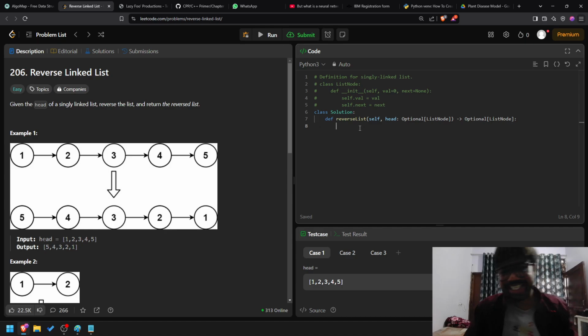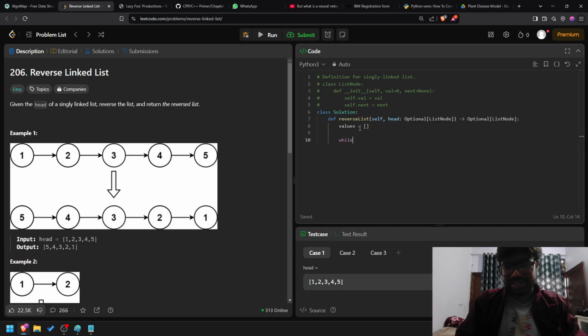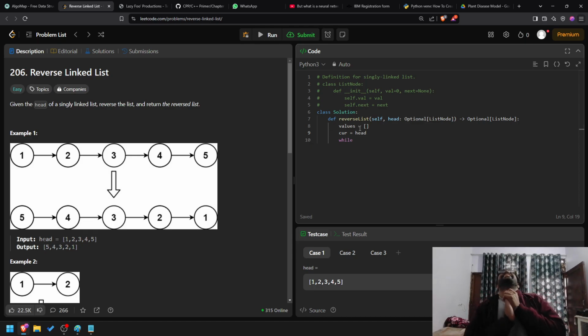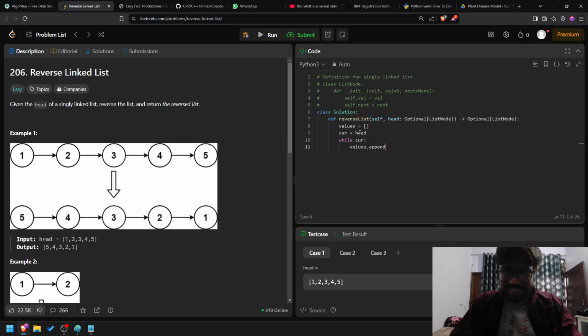Oh my god, value empty list. Say current equals head. While current, values dot append cur dot val,